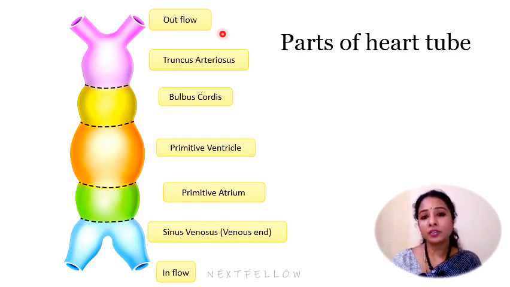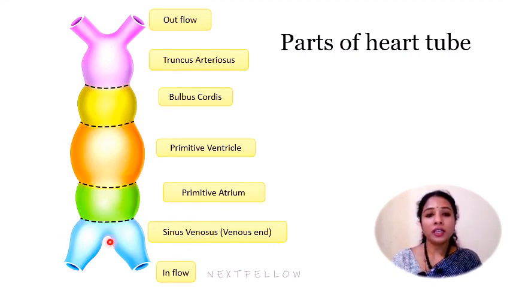So the truncus arteriosus forms the arterial end and it is continuous with the aortic sac cranially, and the aortic sac divides into aortic arch arteries. This point is the aortic sac, where you can see 2 arteries arising from it, which are called aortic arch arteries. Later on, each arch has its own artery. There are 6 pharyngeal arches, and the 5th one disappears completely. So the remaining are 5 pharyngeal arches, and 5 aortic arch arteries go to each arch.